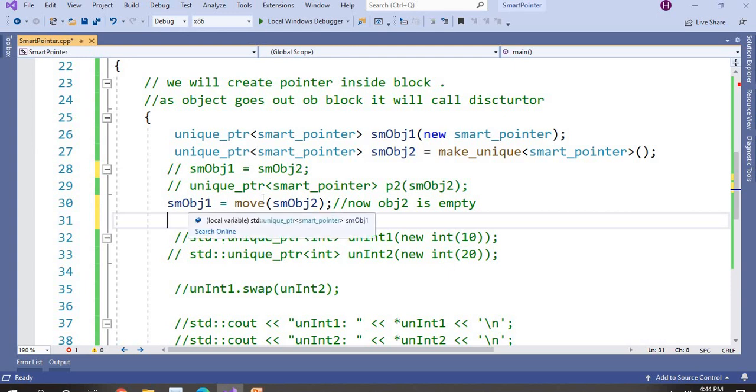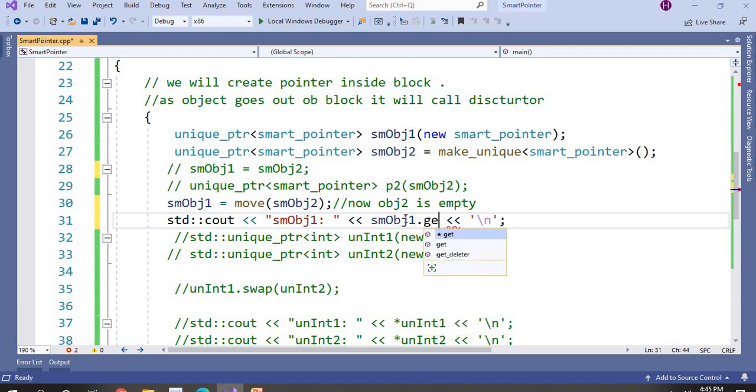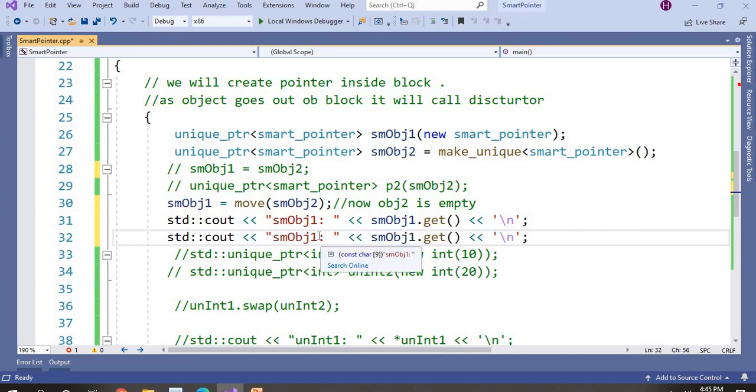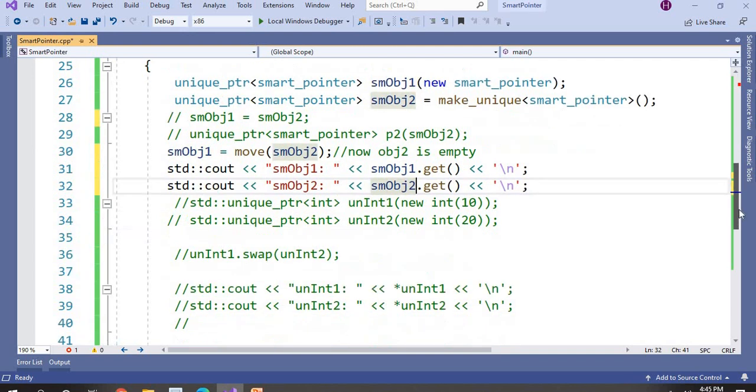When you move this, it will make object 2 empty. I will print object 1 and object 2.